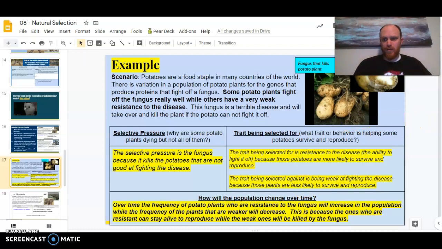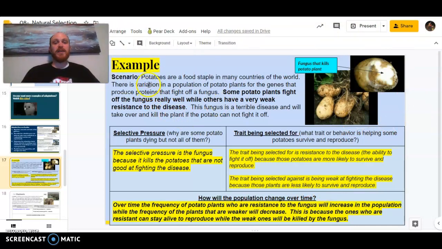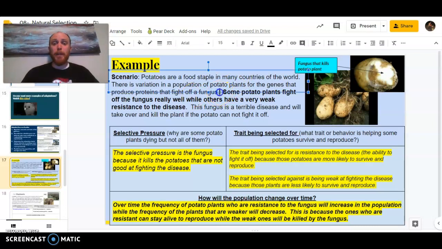Okay, so let me move this. Can I move myself? Yeah, I'm moving over here. Whoa. Okay, here's the scenario. Potatoes are a food staple in many countries of the world. Staple means something that everybody eats. It provides a lot of calories. There is variation in a population of potato plants for the genes that produce proteins that fight off a fungus. So you can think about that as resistance to the fungus, its ability to not get sick from the fungus, things like that. So just building on that idea, some potato plants